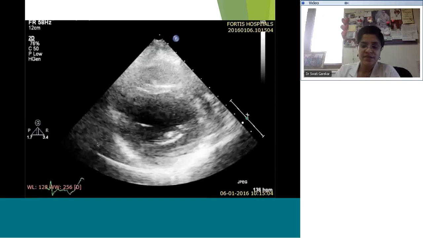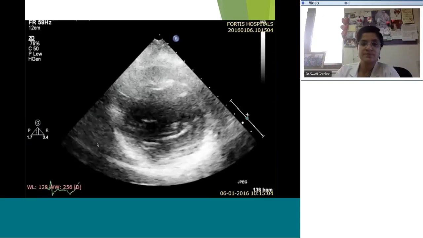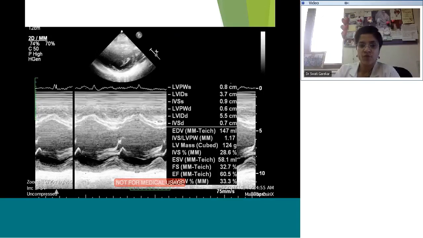So you're seeing a ventricle which looks dilated. It seems to be contracting really well. You've got a shortening fraction of 32, which is good. Ejection fraction of 60, which is good. You've got an end systolic volume of 58. Now remember, this is an important number. The end systolic volume,